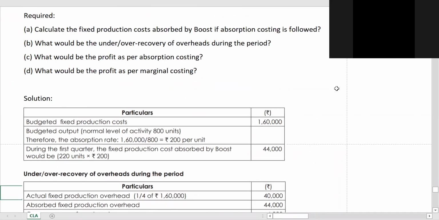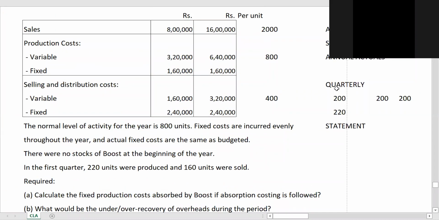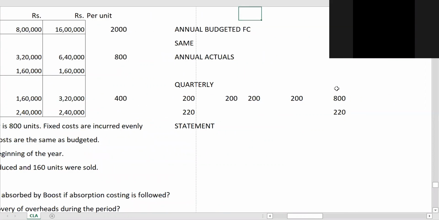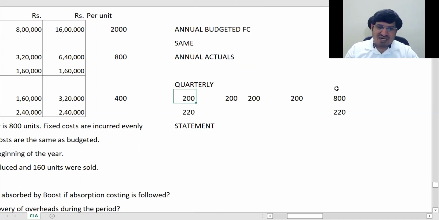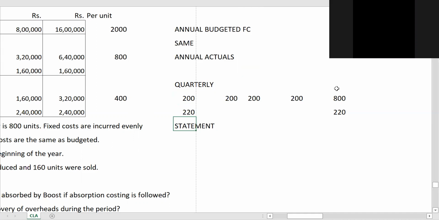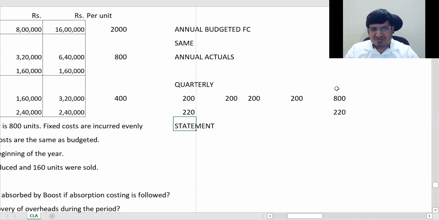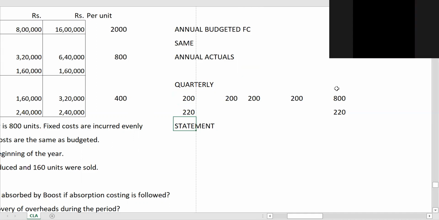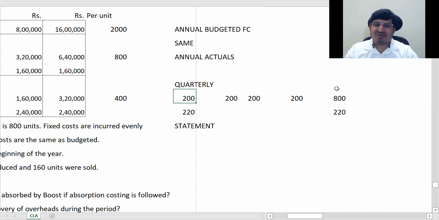Yes Sir, one more thing, sir. अगर बजटेड था 200 यूनिट्स का और एक्चुअल प्रोडक्शन 220 यूनिट्स का हुआ है, तो सर अंडर एब्जॉर्प्शन कैसे होगा सर? बजटेड 200 है तो अंडर एब्जॉर्प्शन नहीं होगा, ओवर एब्जॉर्प्शन होगा। ओह अच्छा, नहीं सर, अभी आपने कुछ बोला तो मेरे को लगा अंडर एब्जॉर्प्शन।